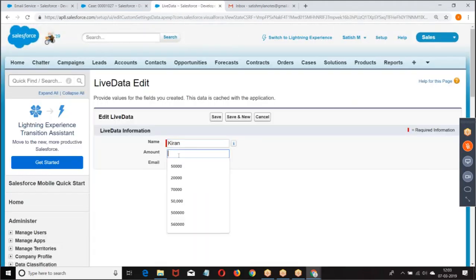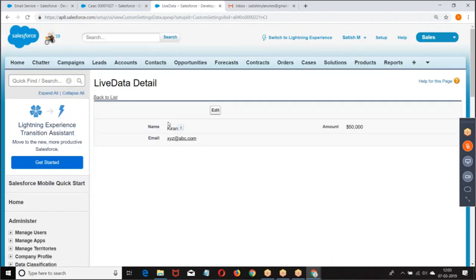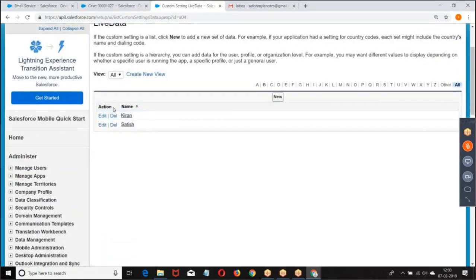We are storing the data. This is how data is stored. Like a custom setting is a custom object where we are storing the data.